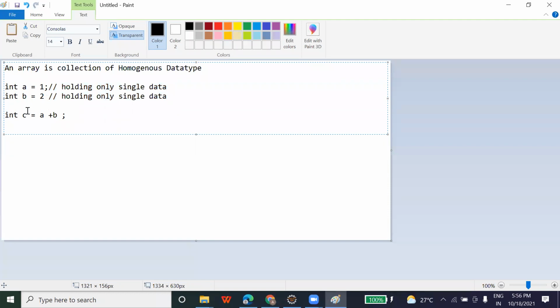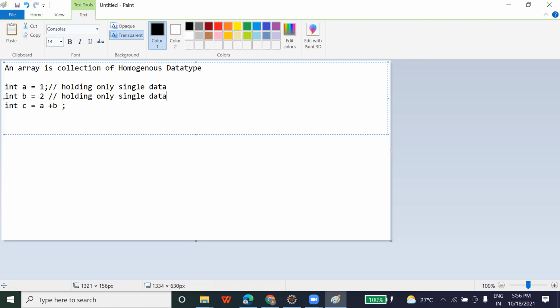Now if I ask you to do the addition of 100 numbers, is it a good solution, or an optimized way, to declare 100 variables? It will occupy more space, and it will take more time to develop.